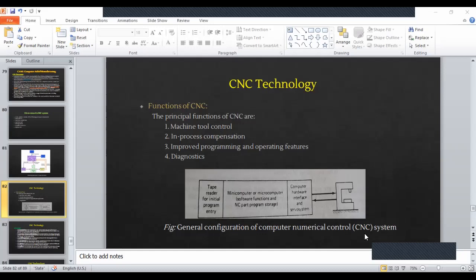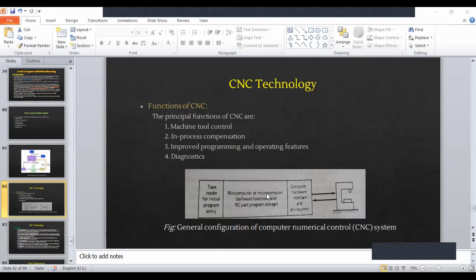And here you see, I told you tape reader for initial program entry. Only for initial program entry, you have the tape reader. And after that, you can modify it. Inbuilt options are available for modifying that. But only for initial entry, you will require that tape reader. Mini computer or microcomputer, software functions, and NC part program storage. So what all it does is it stores the NC part program and the different software functions, right?